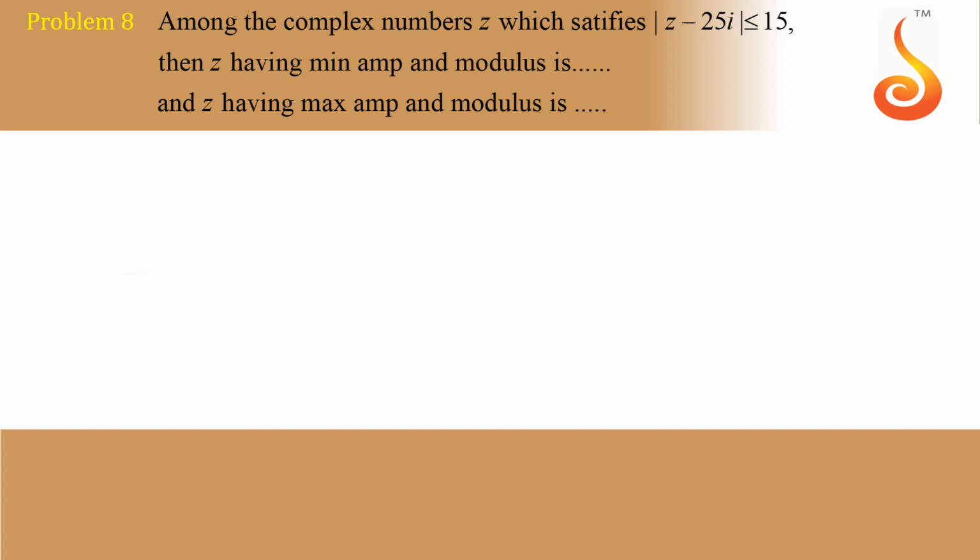Next problem. Among the complex numbers z satisfying modulus of z minus 25i less than or equal to 15, find z having minimum amp and maximum amp, and z having minimum modulus and maximum modulus. So there are 4 questions. If you observe carefully,